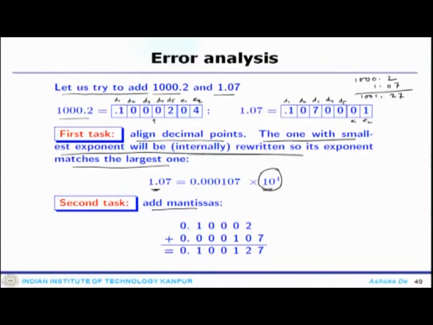So, the exponent would be 10 to the power 4 here, as a multiplication. Once we rewrite the number, it is a multiplication by 10 to the power 4. Once you add these mantissas, you get